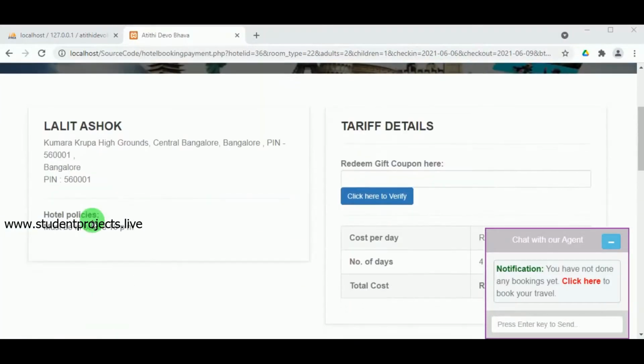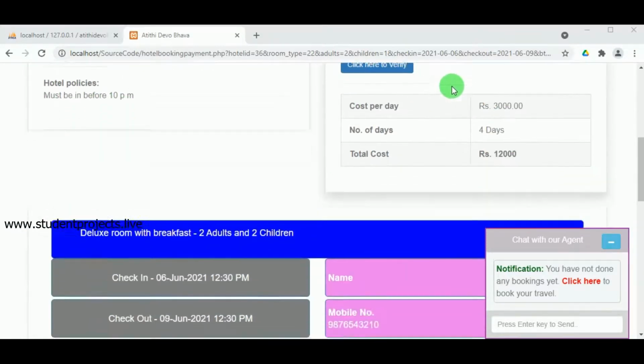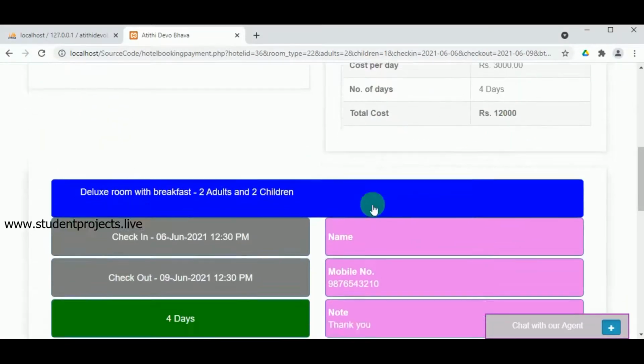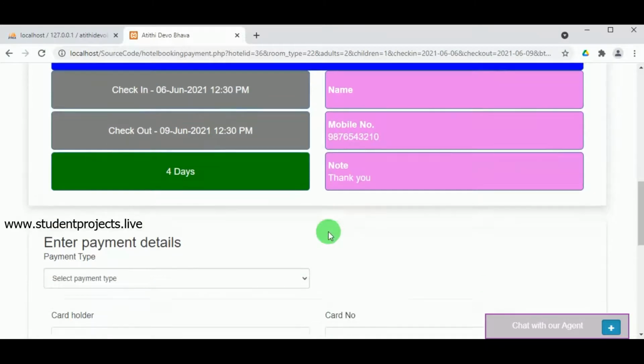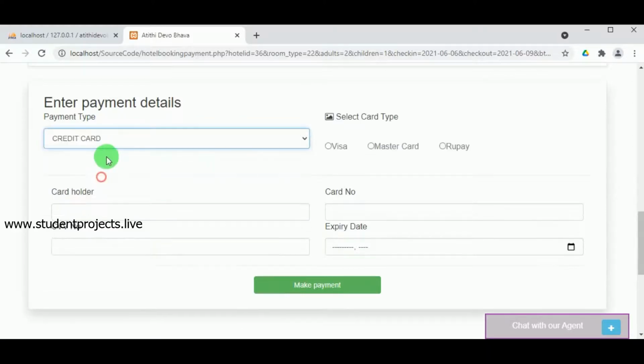So here again the customer can view the details, and if they have a coupon, they can enter the coupon. Since the customer is a new customer, they don't have any coupon, so they must make the full payment. To make the payment, they must select the card type, and they must enter the name of the card holder.